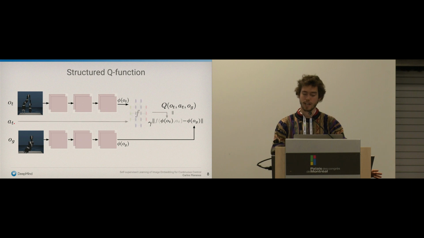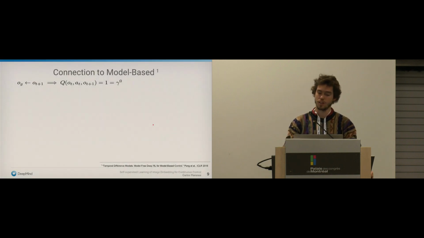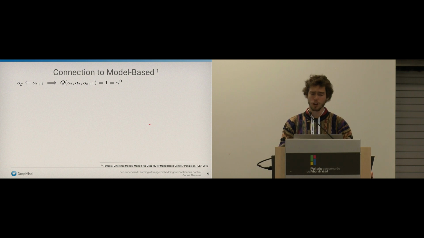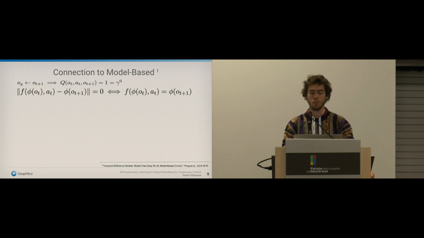And for that, we decided to only add the action around the embedded current observation. And here you have the action. This particular structure gives us a very interesting connection with model-based learning. In particular, if you remember this equation that we were imposing when the goal is exactly 1 time step away, which we can do with hindsight experience replay. And now if you remember the exponent that we just proposed, it's basically the same thing, saying that this norm should be 0, and therefore this f becomes a model in the embedding space.